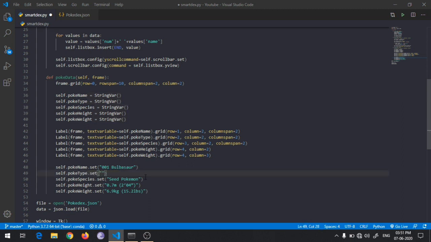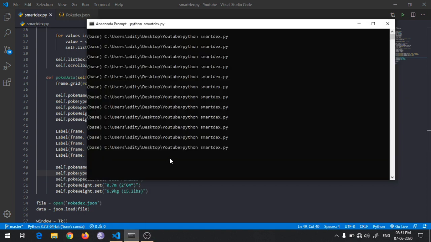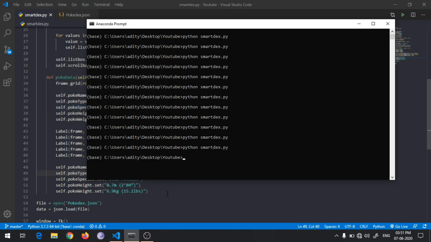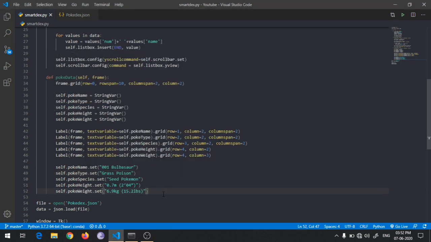Type will be grass poison. Let's just see if it comes. So okay, as you can see the values are coming, but if we change the element, nothing happens because we haven't written any script for that.